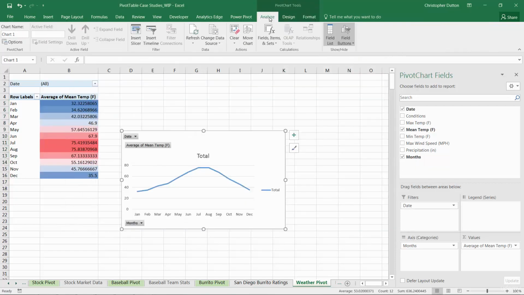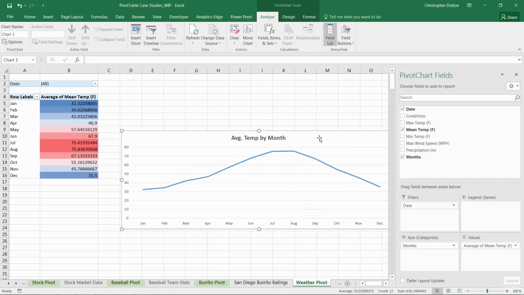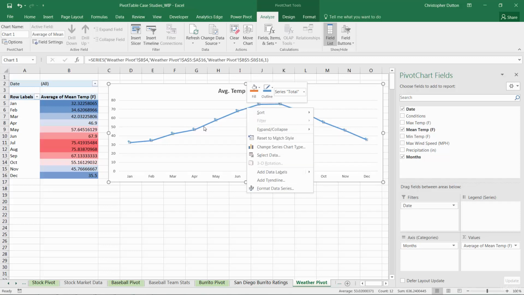I can get rid of some of these features. Don't need the field buttons. I don't really need a legend here since we're only looking at one series. And for the title, we can just call it Average Temp by Month. Make that title bold, spread it out a bit. And there you go. And just in terms of formatting, it's kind of nitpicky, but in a case like this,